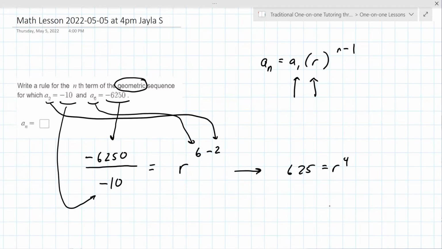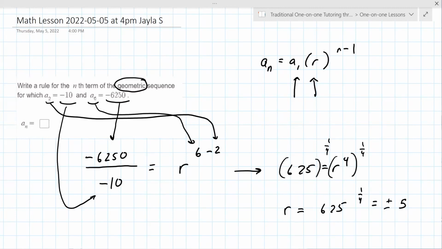Now you have a Desmos scientific calculator there. You can undo the 4th power by raising it to the 1/4 power. So 625 to the 1/4 power. When you do this, you'll get either 5 or minus 5. Actually, your calculator probably won't give you minus 5. So that's already problematic. Which one is it? I wonder if this is two solutions. Now that we have the value of R, which we'll just call positive 5 for the moment,